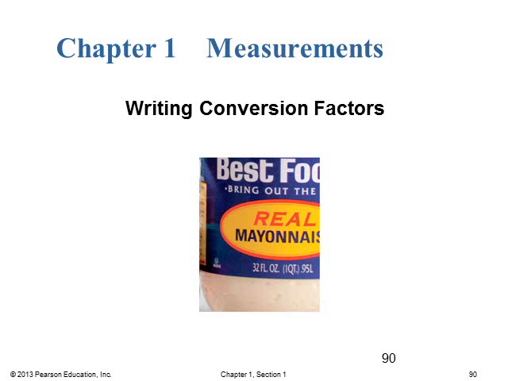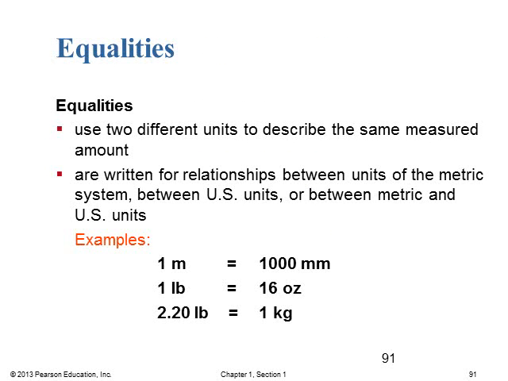And so in this part of the chapter, we'll be looking at conversion factors, how we go from one scale to another. And so we'll be using these different units that describe the same measured amounts. And so we can convert between metric units and metric units. We can convert between US and metric units and go from metric to US units, or we can go from US to US units. So all these are just using these different relationships and different equalities in order to figure out what we're trying to find in our final answer.